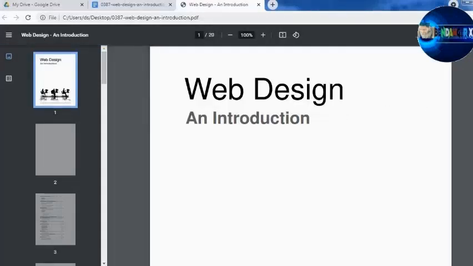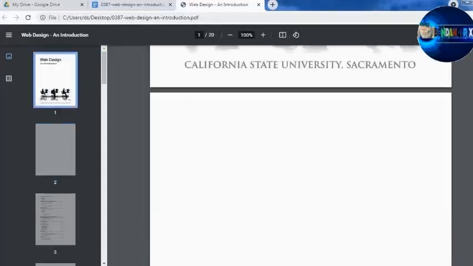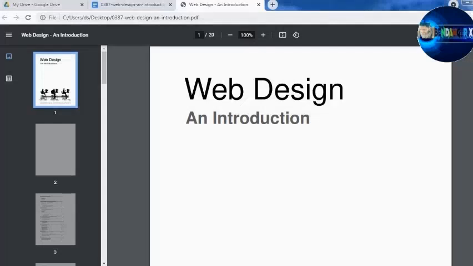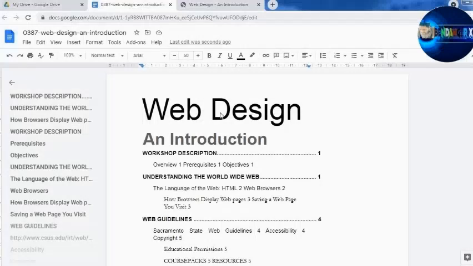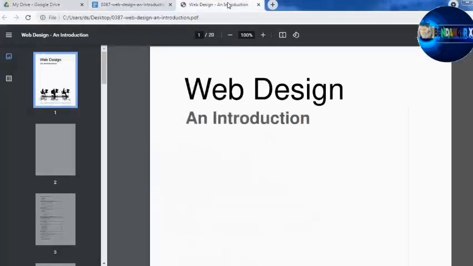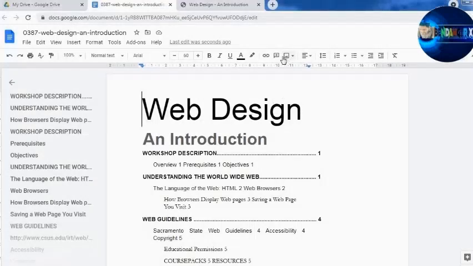So this is a PDF file, and after uploading it to my Google Drive, it's showing like this. And after that, if you want to convert this to a Word document, you need to go